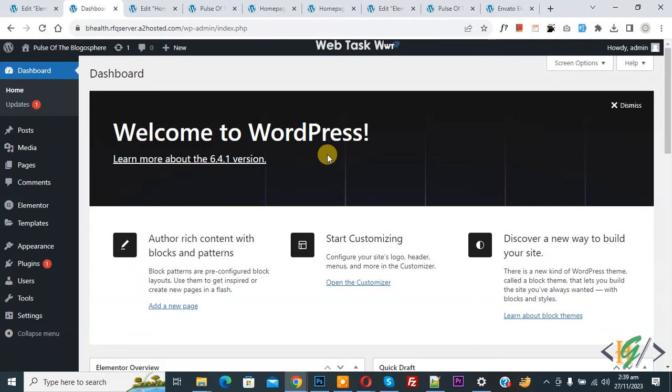Bismillahirrahmanirrahim. Assalamu alaikum. My name is Hassan and today we are going to export footer in Elementor as JSON file